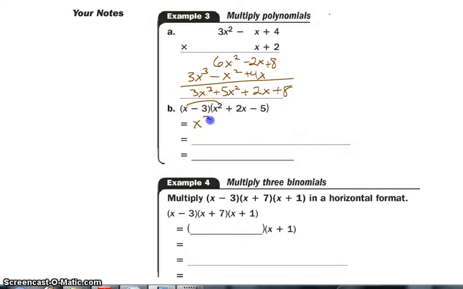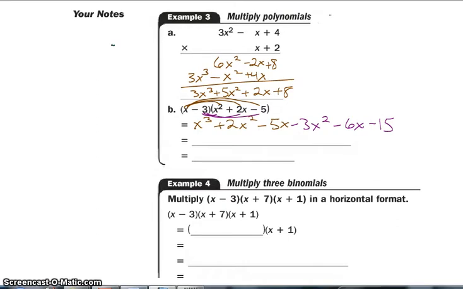So we've got x cubed plus 2x squared minus 5x minus 3x squared minus 6x plus 15. You may also choose to write these right below so that way you can more easily simplify,